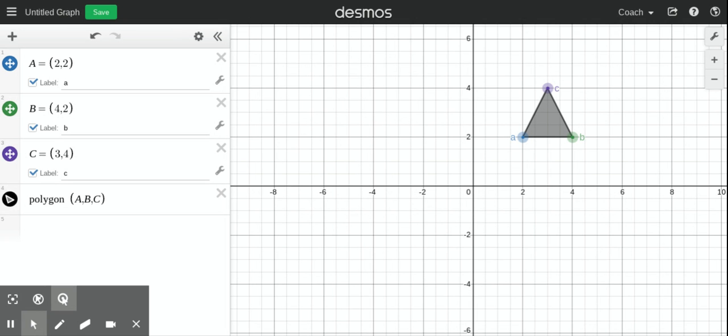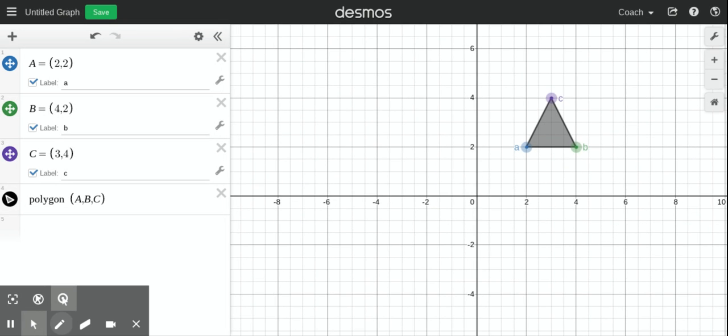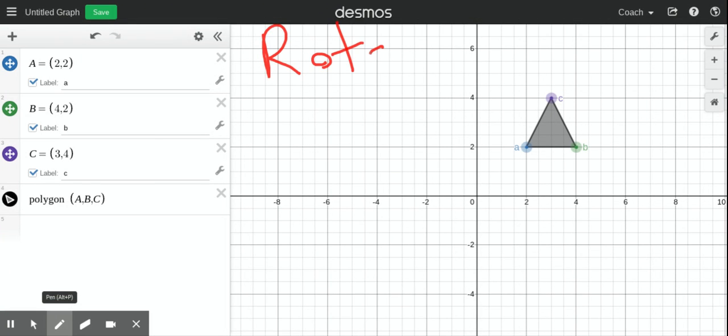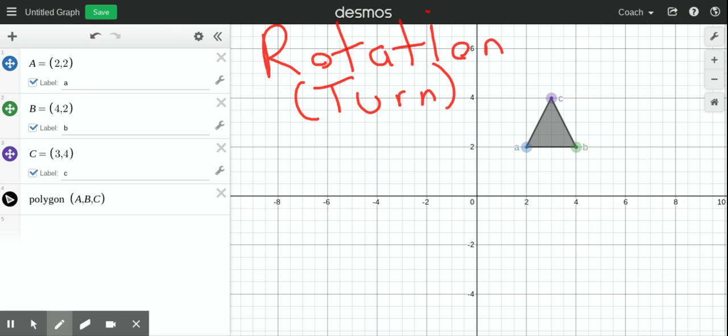So today is going to be rotation, aka turn. Now we have some rules we basically have to know. We're going to rotate all of them today around the axis. So if we're going to rotate them around the axis,